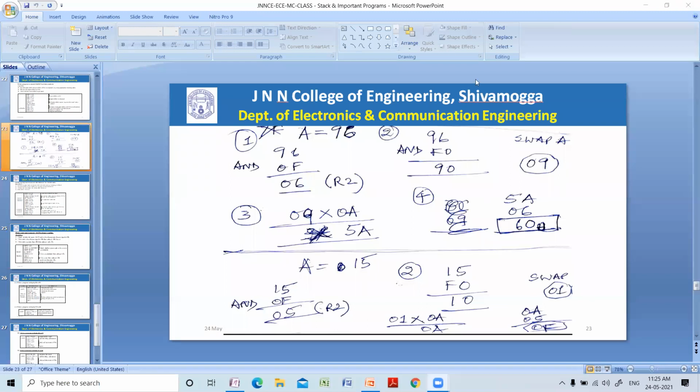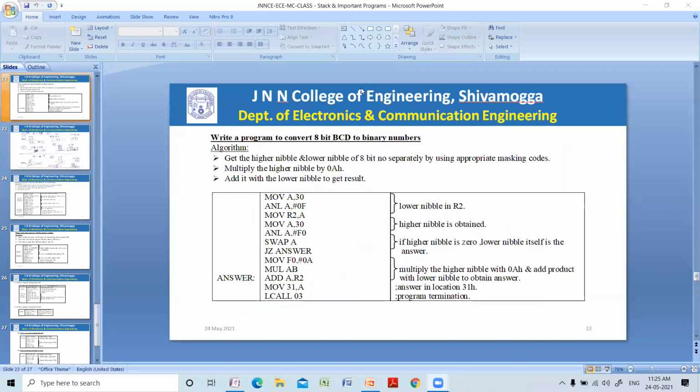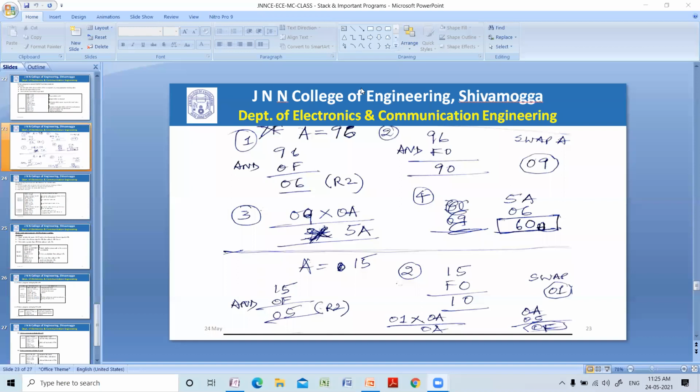So very simple. 09 into 0A, you are going to get 5A. 5A, when you add 06, you get 60. That is how the BCD number is converted into binary. BCD is 96. Its hexadecimal is 60. So you have to separate the higher nibble and the lower nibble. That is what you have to see.